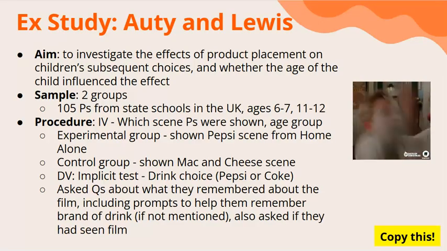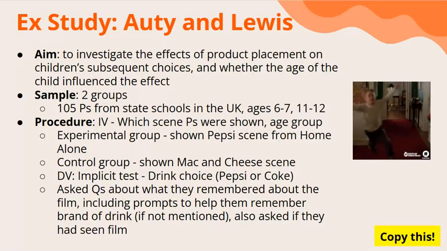The 6 to 7 age group was called limited processors because younger children like that are more limited in their processing. And then the 11 and 12 age group were called the cued processors because they were more advanced in their processing, and they should presumably be able to remember, although still needing some cues.